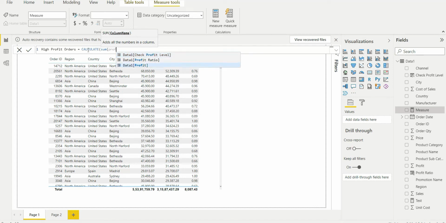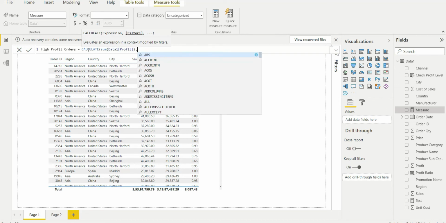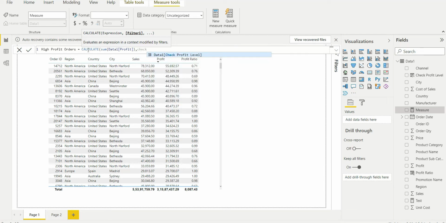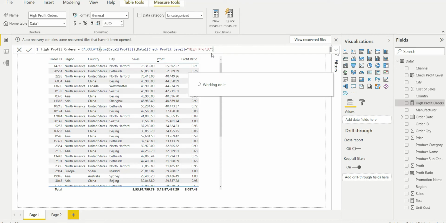So I say, okay, get me profit. And after that the filter is the new check profit level we created. So I'll make use of that check profit level when it is equal to high, then I'm good. It will internally check that, and I say high profit orders.